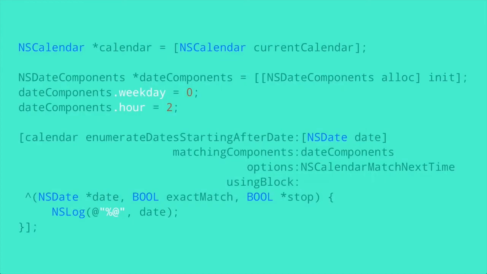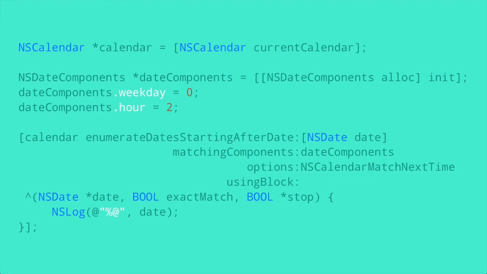Another cool thing about NSCalendar, it has this new function as of macOS 10 Mavericks. You can enumerate dates starting after a date, matching components with options. So let's say we wanted to know every day that's a Sunday, weekday equals 0, hour 2 o'clock a.m., and we wanted to enumerate every single one of those. This will actually do this correctly even on